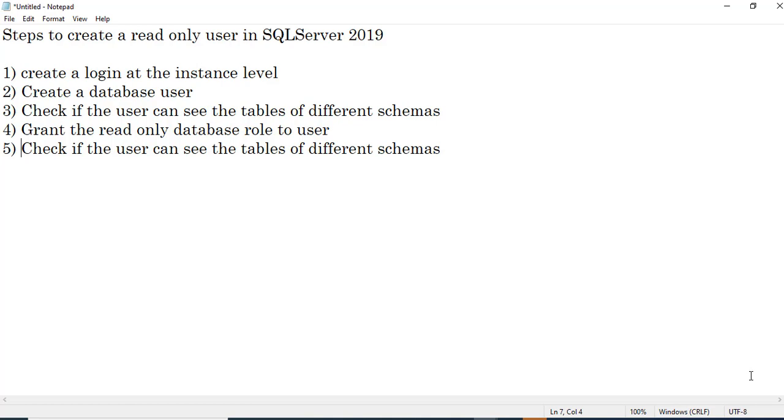And then we'll grant the read-only built-in database role to this new user, and then we'll cross-verify whether he can read the data from the different tables in different schemas. So let's proceed. I am going to start my